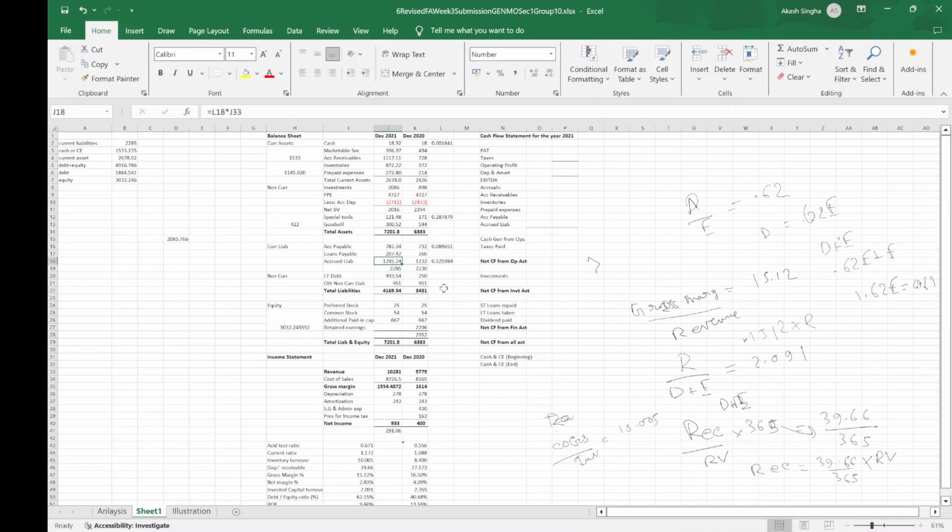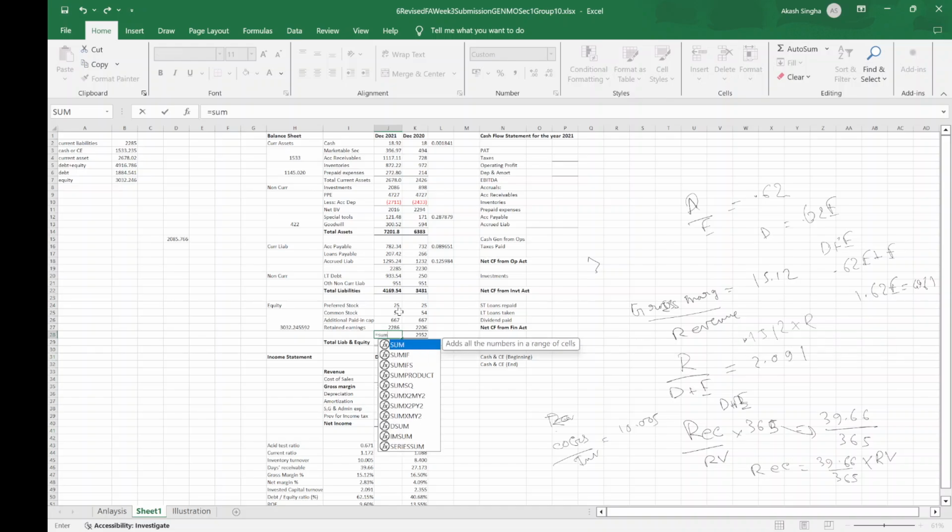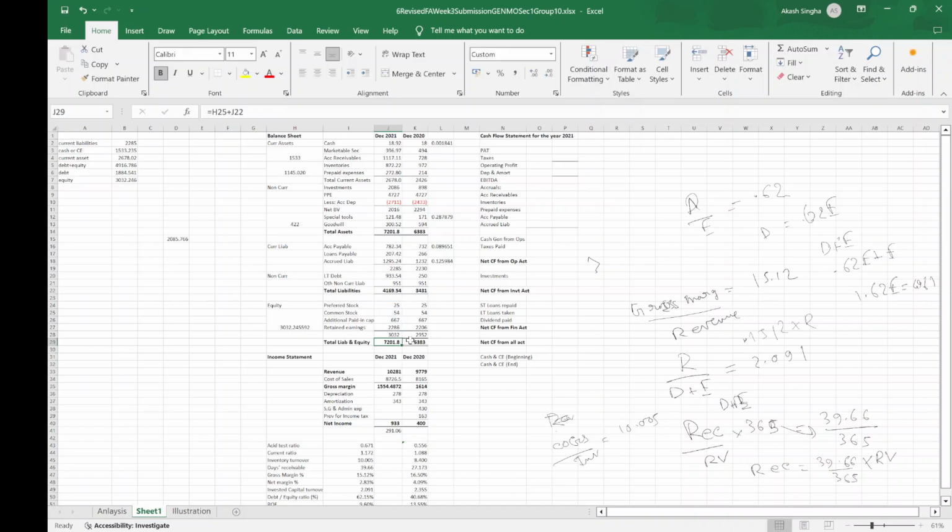So now we have all the values. Retained earnings should be equal to 3032 minus this, minus this, minus this, right, equals to this. This three should be equity. Okay, so now